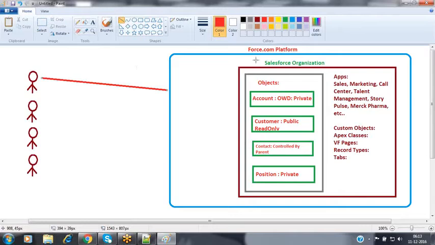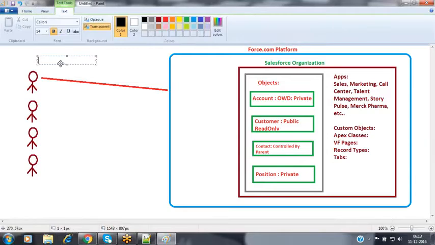Now, how does the Force.com platform authorize the user request? Whenever the user makes a request, when they click on any link or any button, Salesforce automatically forwards many details, as you are aware. So whenever the user makes a request, Salesforce sends the requested URL, meaning the page for which you are sending the request, and your system's IP address,